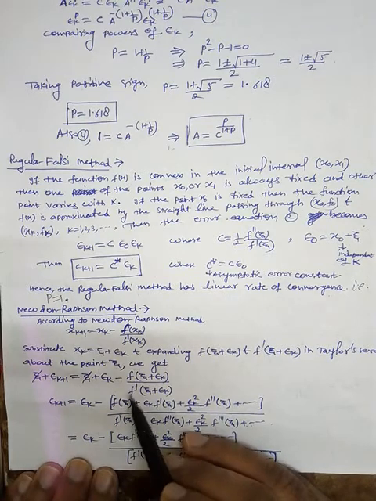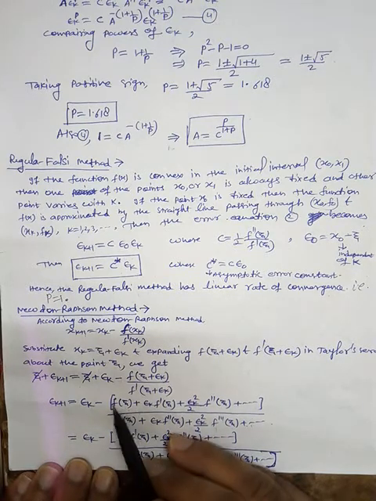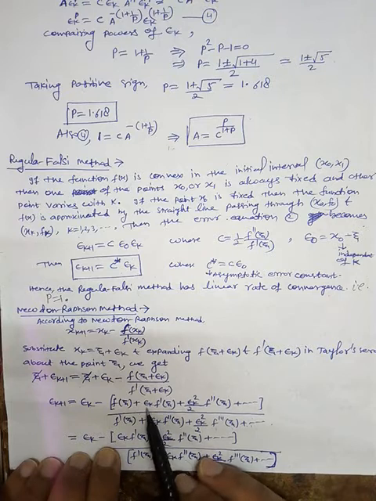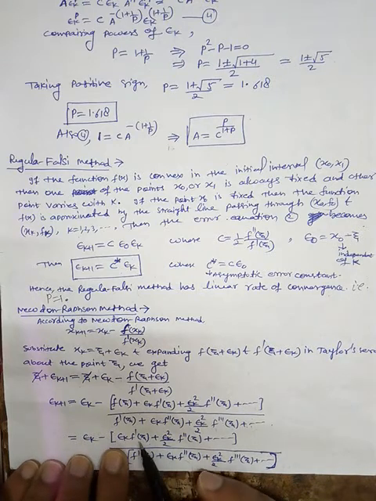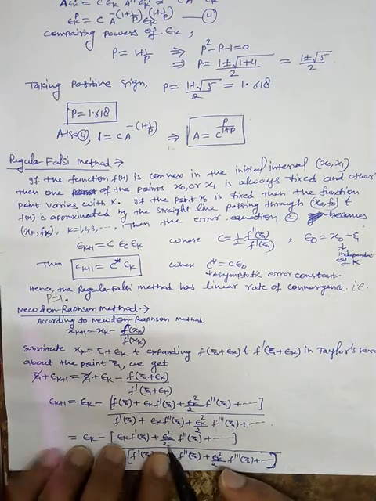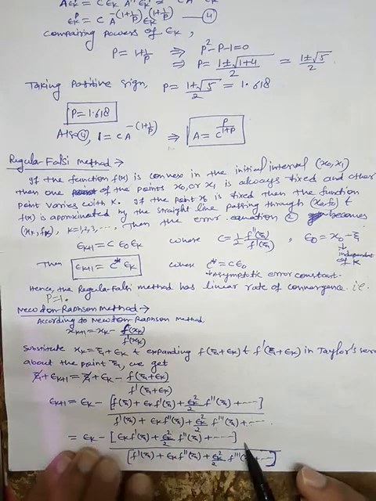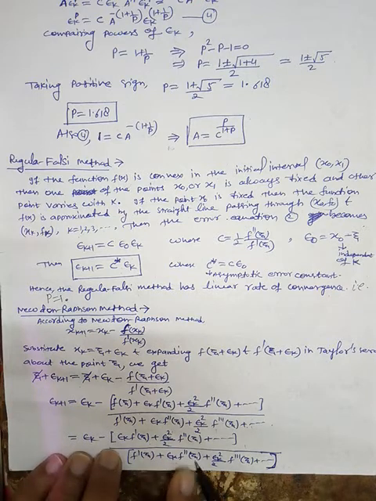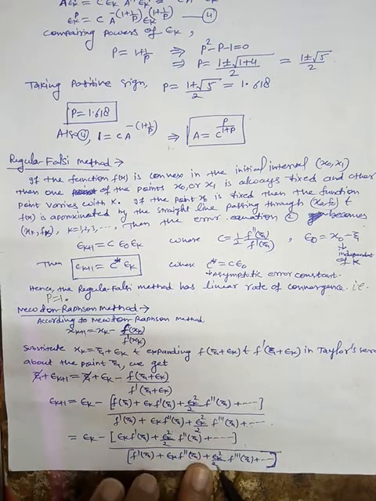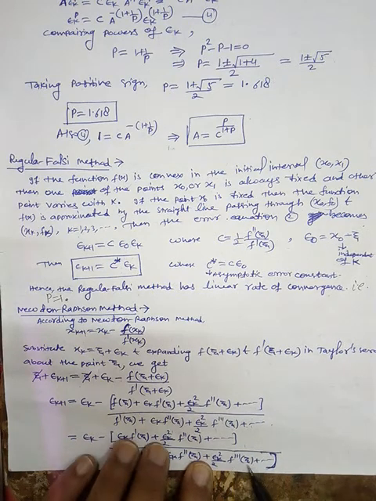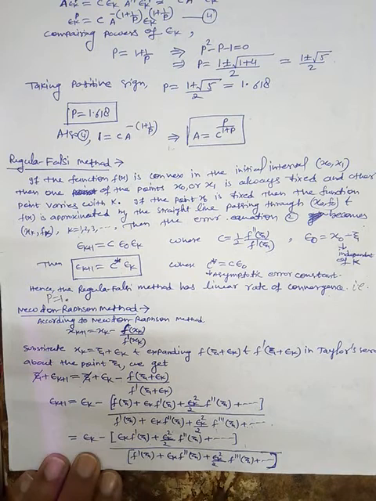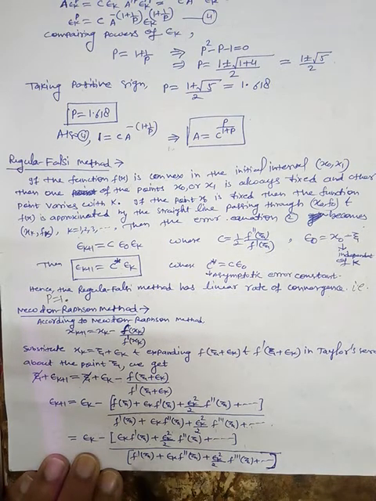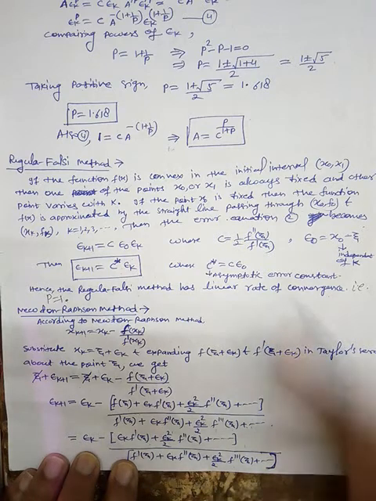Now since we know that xi is the exact root, so this will satisfy the equation, so f of xi will be 0. So that's why we will have epsilon k, this epsilon k f dash xi plus epsilon k whole square by 2 f second derivative of xi, and so on, divided by just first derivative of the function at xi plus epsilon k, second derivative of the function at xi plus epsilon k whole square by 2 f third derivative of the function at xi, and so on. Again you can bring this in the, first you can take this f dash common and then bring the numerator part, denominator part in the numerator one.